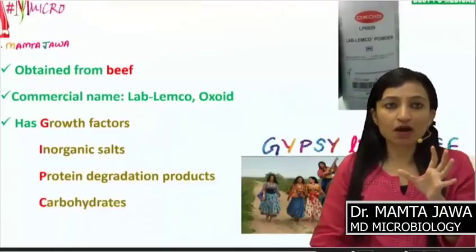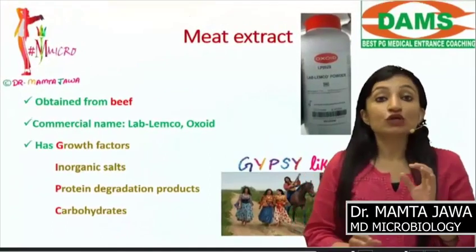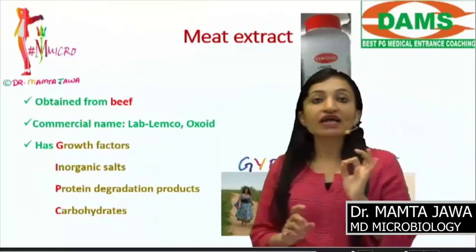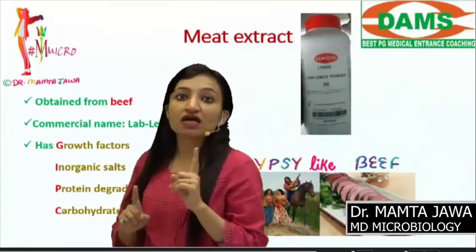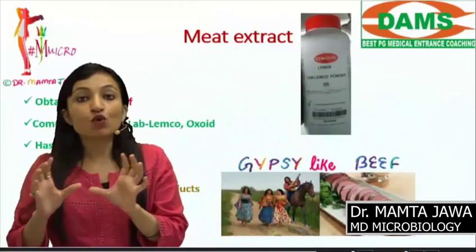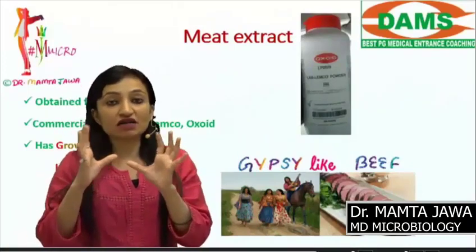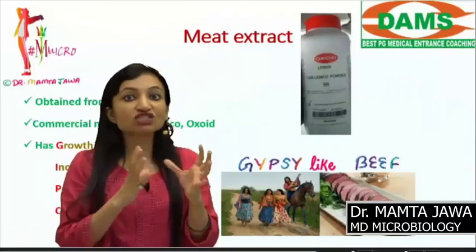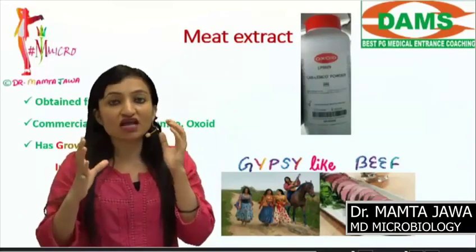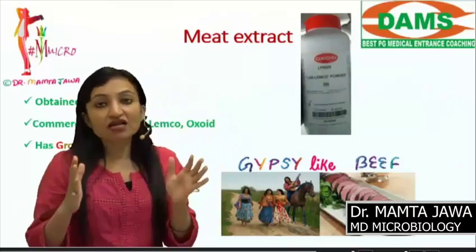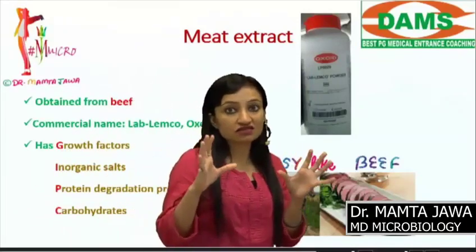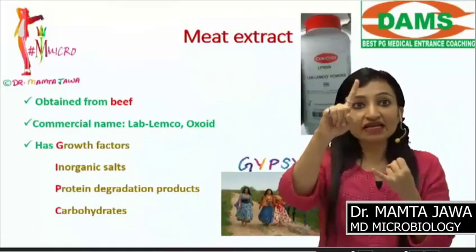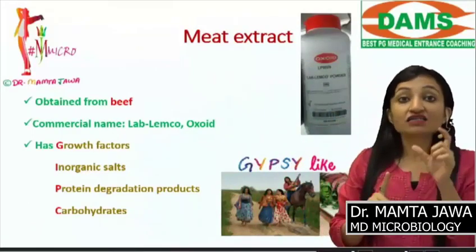A memorizing tip about meat extract: you can memorize the constituents of meat extract by looking at these two pictures. What have I put up? Gypsy like beef. Who is a gypsy? Gypsy refers to somebody who is wandering around. Gypsies are wanderers, and remember they like beef. Now what is the correlation between this sentence and our meat extract? Remember, gypsies like beef. Meat extract is obtained from beef, and gypsy, the spelling of